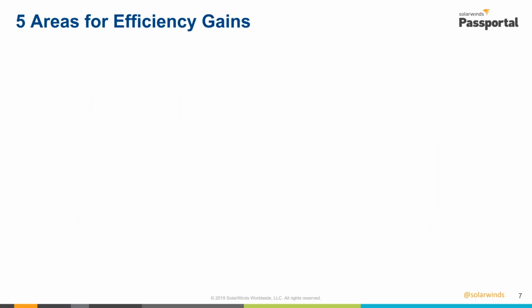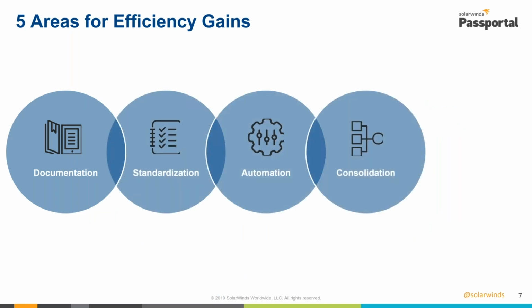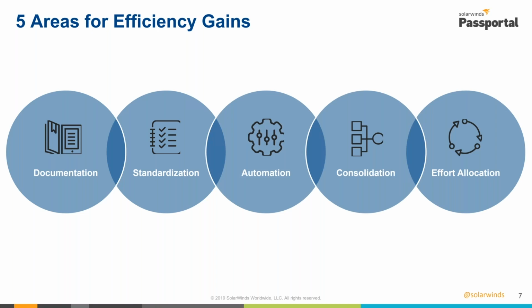I think you say there's 5 big areas for us to focus on, right? Yeah, so I think we'll break this down and we'll do some deep dives into each section. But when we look at areas that an MSP can find new efficiency gains, it really boils down to documentation and the knowledge that we're capturing and managing on behalf of our clients. An element of standardization, taking automation to the next level, and in more than just the typical areas that everybody just has on the set it and forget it style.